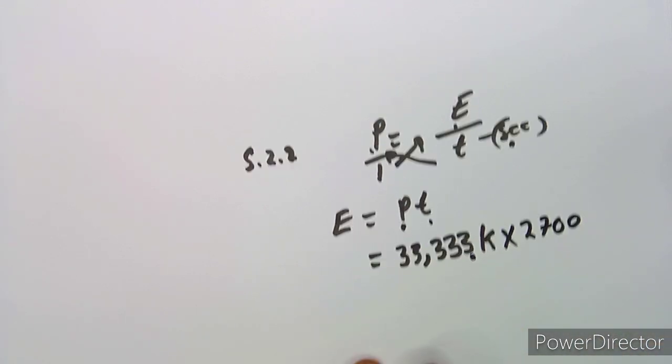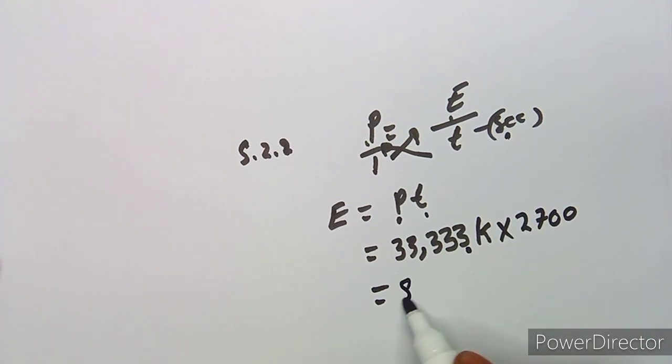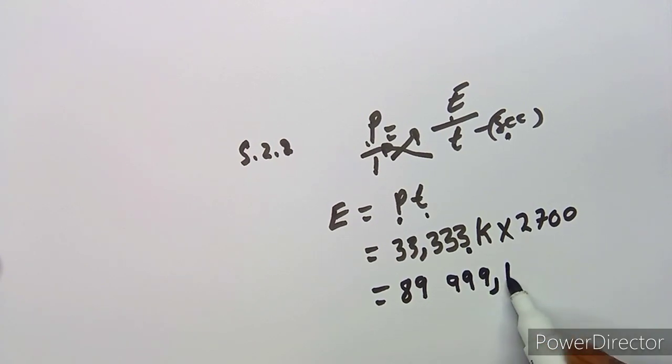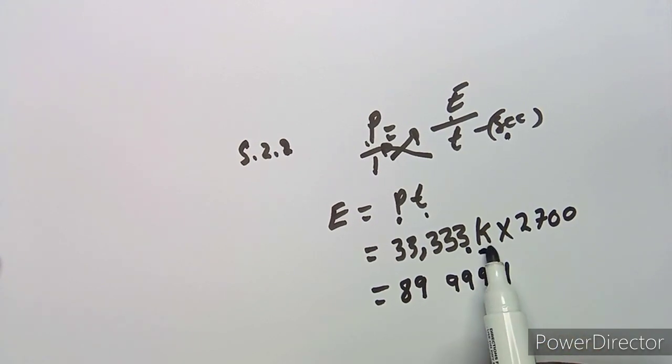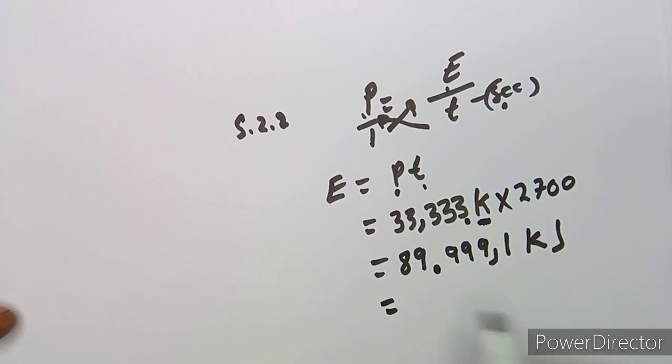All right, so if we multiply this, we are going to obtain 89,999.1. But take note, we said this is in a kilo. We used the kilo already, so which means these are going to be kilojoules. So this is your energy in kilojoules. But guys, take a closer look. We can convert this to megajoules, because if we divide by 10 to the exponent of 3, or if we divide by 1000 here,